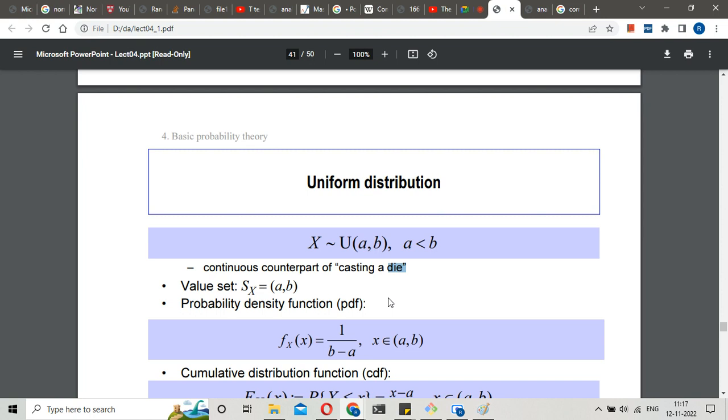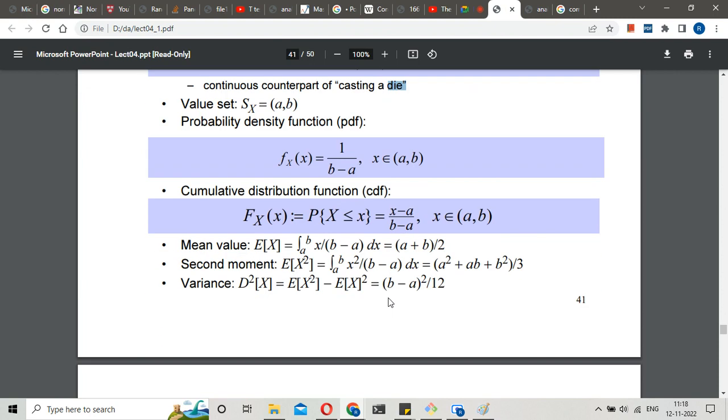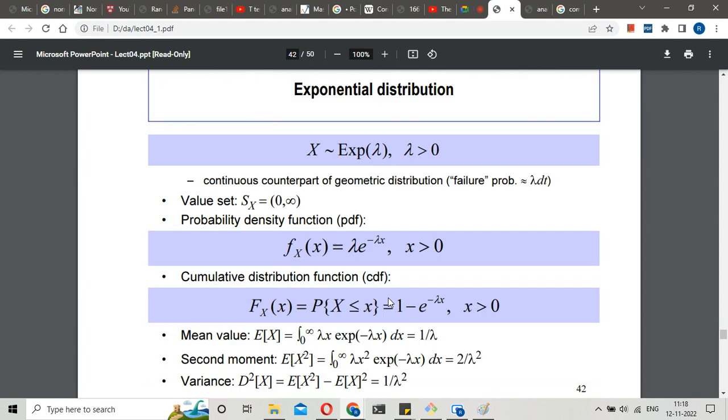And similarly, drawing a card from a deck is also uniformly distributed because the likelihood of getting heart, club, diamond, or spade is the same. That is nothing but 1 by 4 for each value. So you can call those uniform. Similarly, we have the exponential. It's the continuous counterpart of geometric. If you convert that geometric into continuous nature, it will come as exponential